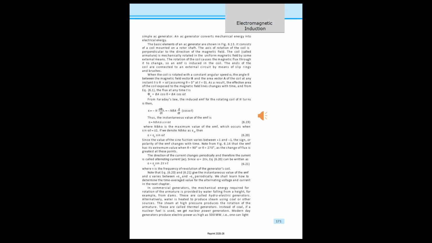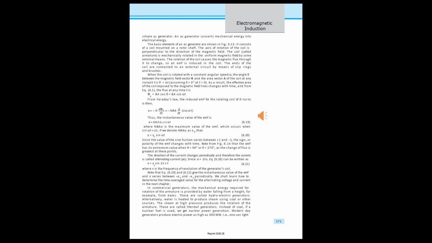Since omega equals 2 pi nu, equation 6.20 can be written as equation 6.21, where nu is the frequency of revolution of the generator's coil. Note that equations 6.20 and 6.21 give the instantaneous value of the EMF, which varies between plus epsilon naught and minus epsilon naught periodically. We shall learn how to determine the time average value for the alternating voltage and current in the next chapter. In commercial generators, the mechanical energy required for rotation of the armature is provided by water